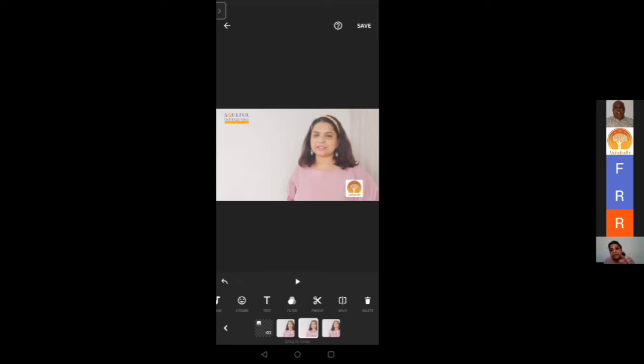And now individually you can go to each section and do the trimming or splitting or cutting, whatever way is comfortable for you, to trim or edit that wrong thing you said, or if you said something extra that you want to remove, you can remove that too. If you fumbled somewhere, you can edit that as well. If you repeated something, or somewhere something fell off and you were distracted, you can cut that. So you can edit the video like that.